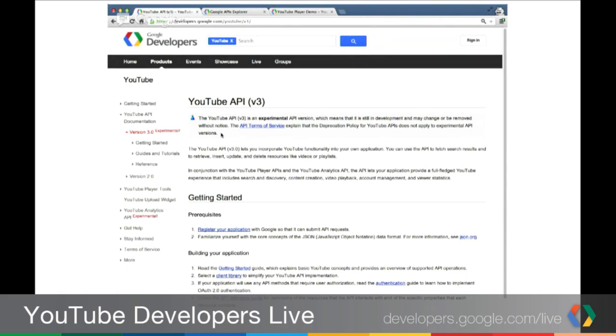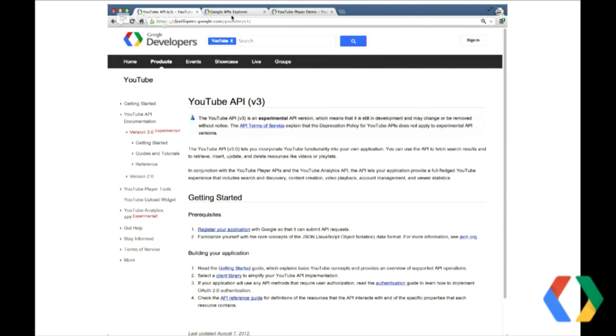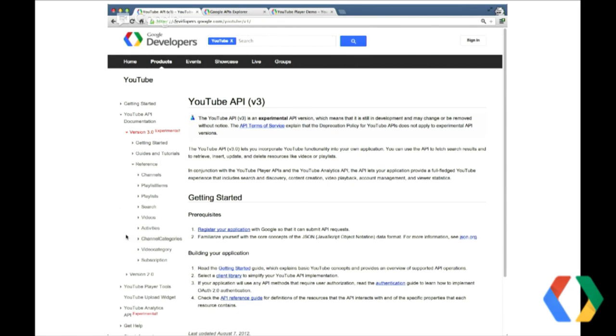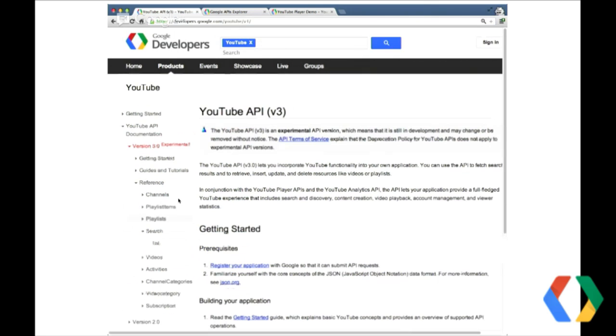So there are a couple different ways that you could get to the API Explorer. What you'll be able to do moving forward is go to a specific section of the docs. So right now, I don't know if the URL is very clearly visible, but this is developers.google.com/YouTube/v3 for version 3 of the Data API. And for instance, right over here, I'm drilling down, let me make it maybe even a little bit bigger, to a specific method in the docs, search list,